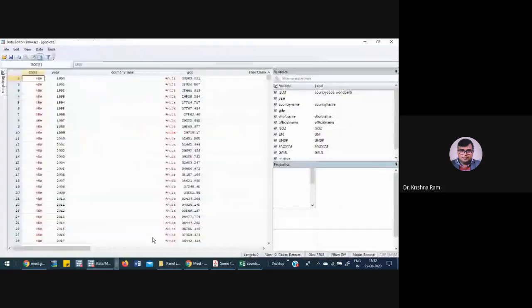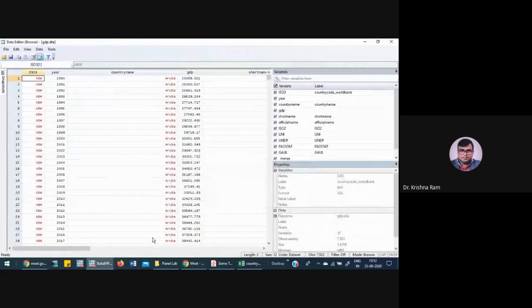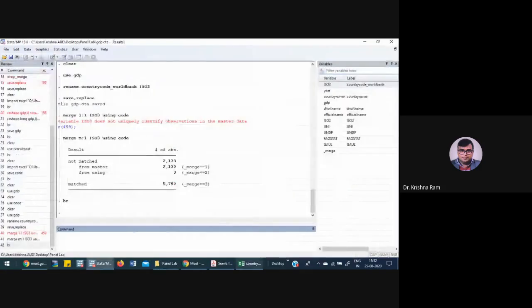So now you have both the data file information. ISO 3.1 is here. You have a year variable, a country name variable, and so on. Along with that you also have an FAO code. Since I am not going to use anything apart from the ISO 3 and FAO state variables,